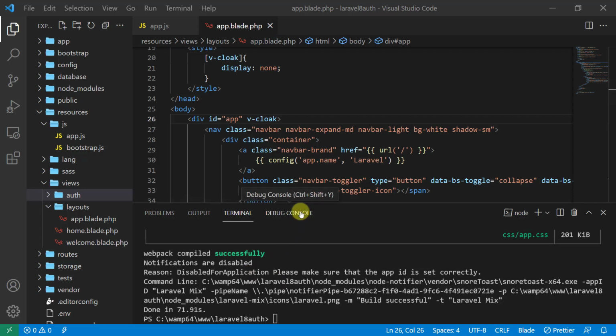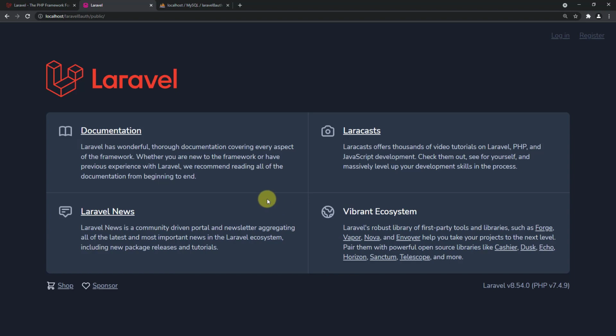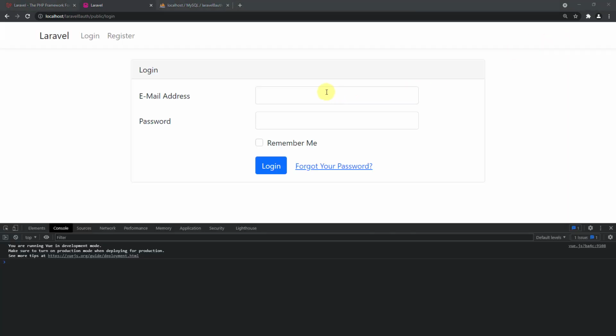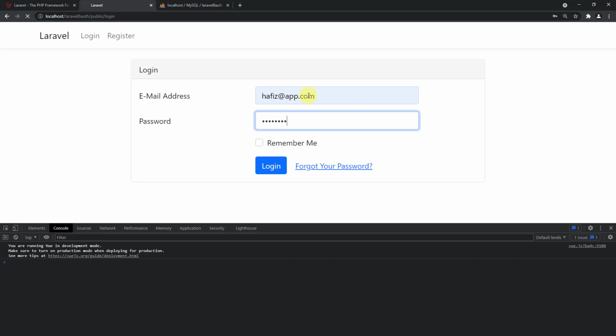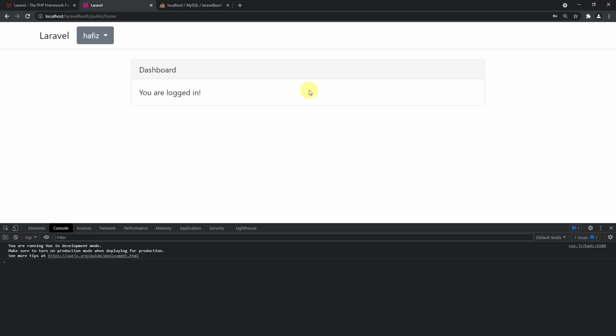Now if we get back to the browser and let's refresh and let's log into the system. So in here let's put our credentials. So hafiz@app.com and password is password. Now to check if our Vue is working, you have to get this message which says you are running Vue in development mode. And if we test our Vue, if it works correctly, let's go back to the text editor